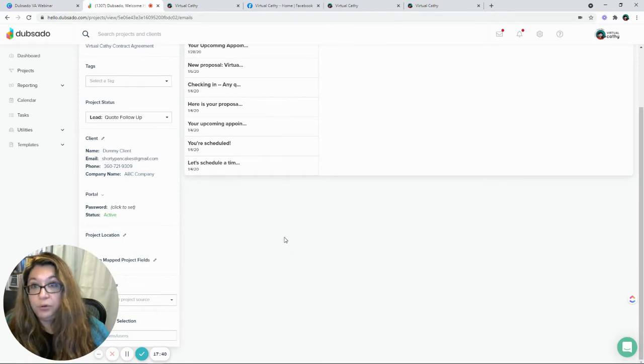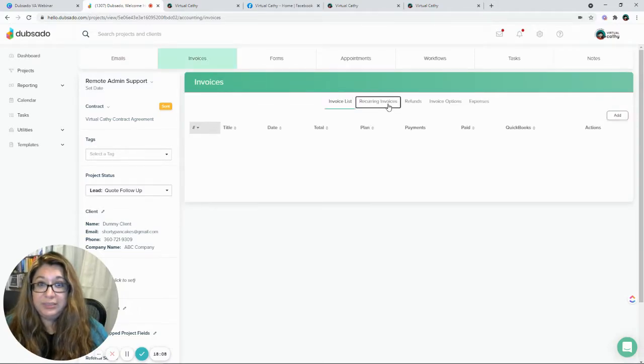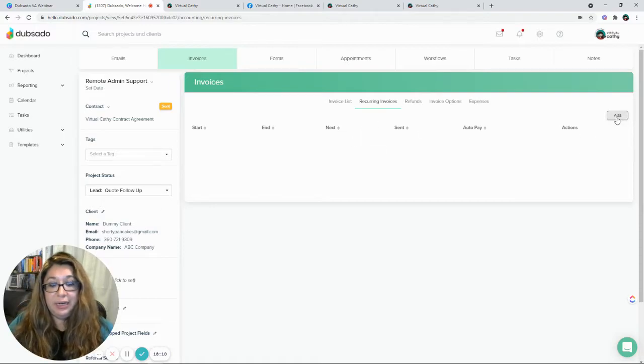Let's see here. So when it comes to invoicing, this is one of the biggest reasons why we decided to use Dubsado. Aside from the fact that you can customize proposals to make them look pretty and set them up so that any plan they choose creates an invoice and you don't have to create it manually. One of the things that I love about Dubsado is that you can set up reoccurring invoices. So for example, if I wanted to set up a reoccurring invoice for this dummy client,